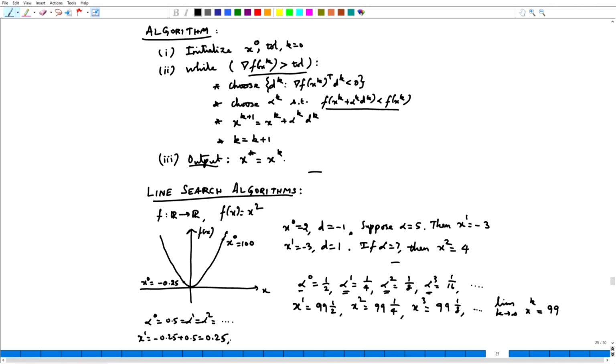From 0.25 the d is actually negative. So, x 2 is 0.25 minus 0.5 which is actually minus 0.25, and x 3 is minus 0.25 plus 0.5 which is 0.25. So, what is actually happening? It keeps shuttling in between minus 0.25 and 0.25, back and forth. So, what this tells us is having a constant step size does not work, it is a very bad